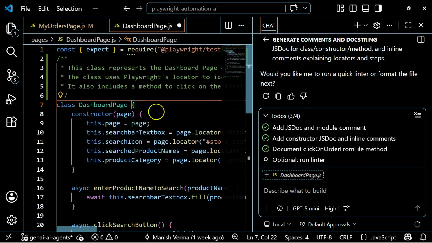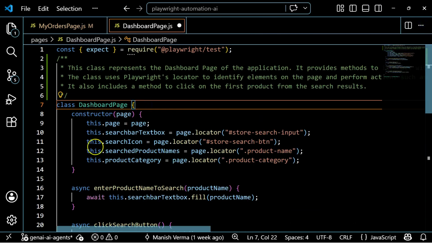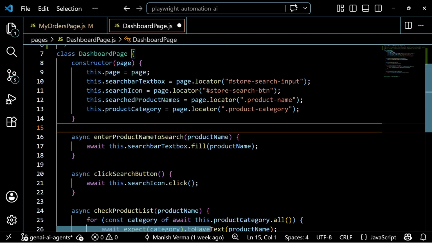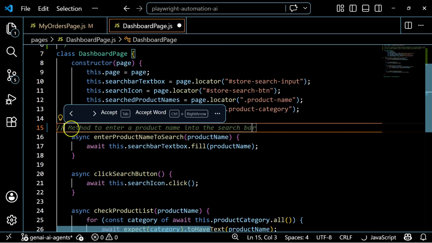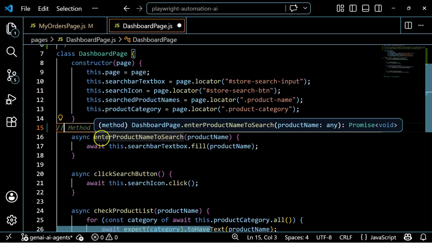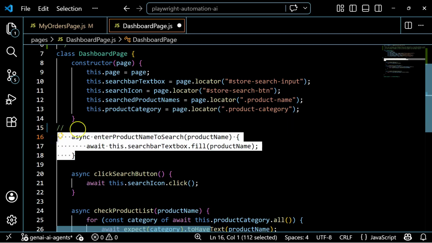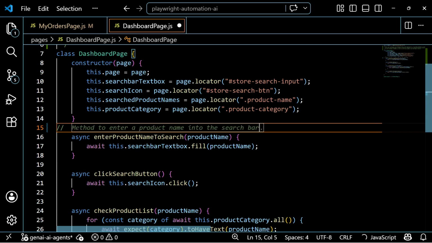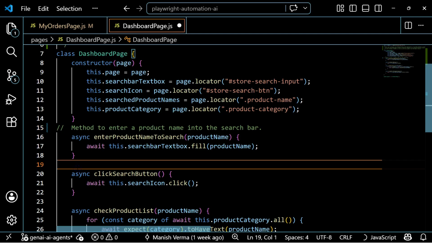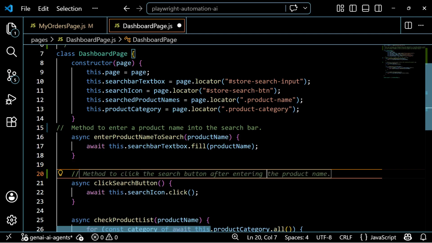So for comments, for single line comment, multi-line comment, JSDoc, you can simply go in the file and perform this step by step. So if I say, for example, I come here, okay, and I say I want to basically see what exactly this method is doing. I'll start with / and then it will automatically pick that this method is to enter product name into the search bar, right? So enter product name to search. The method name is self-explanatory and it is accepting a parameter. So automatically whatever method it is, whatever task this method is doing, it has automatically picked that description and provided me in the comment. Okay, similarly I can come to the next method and start with a /